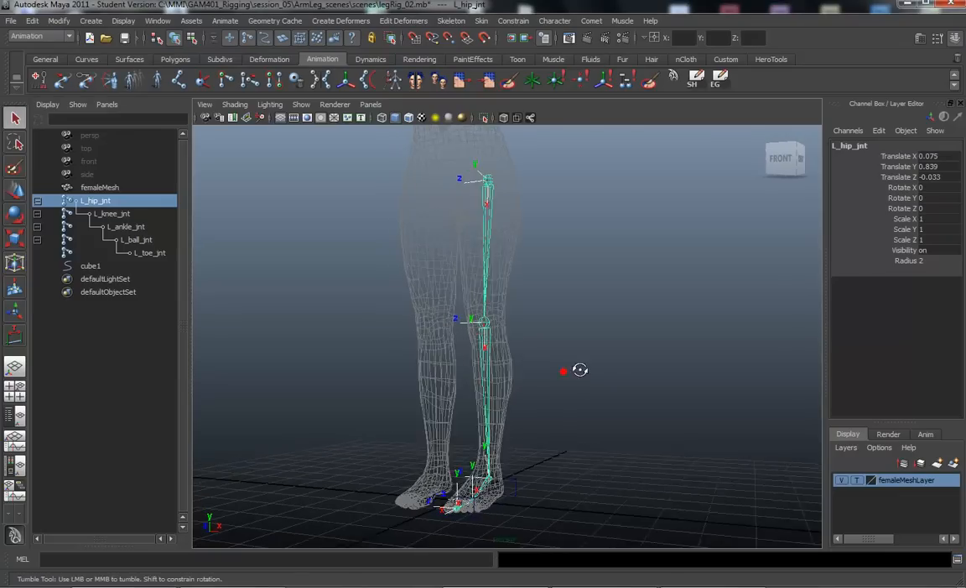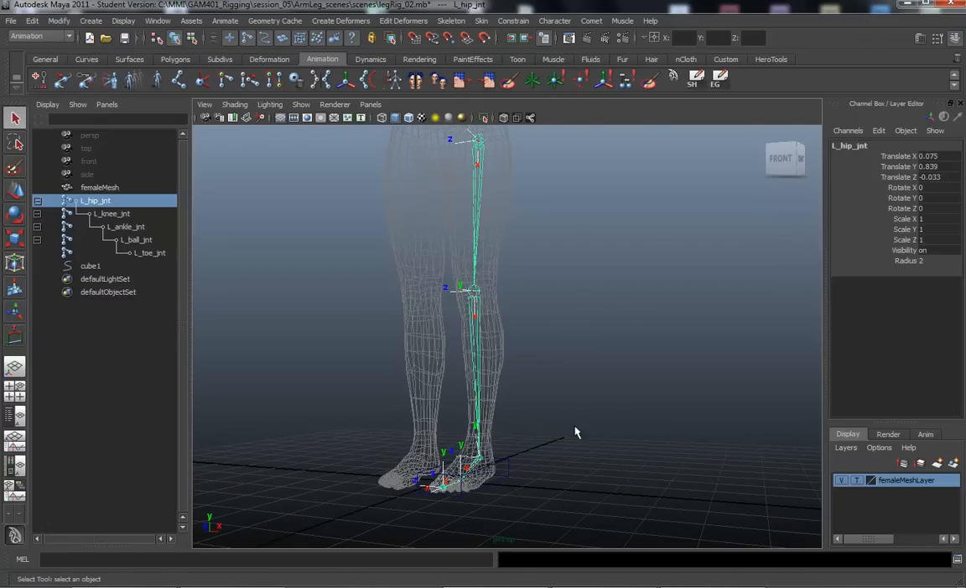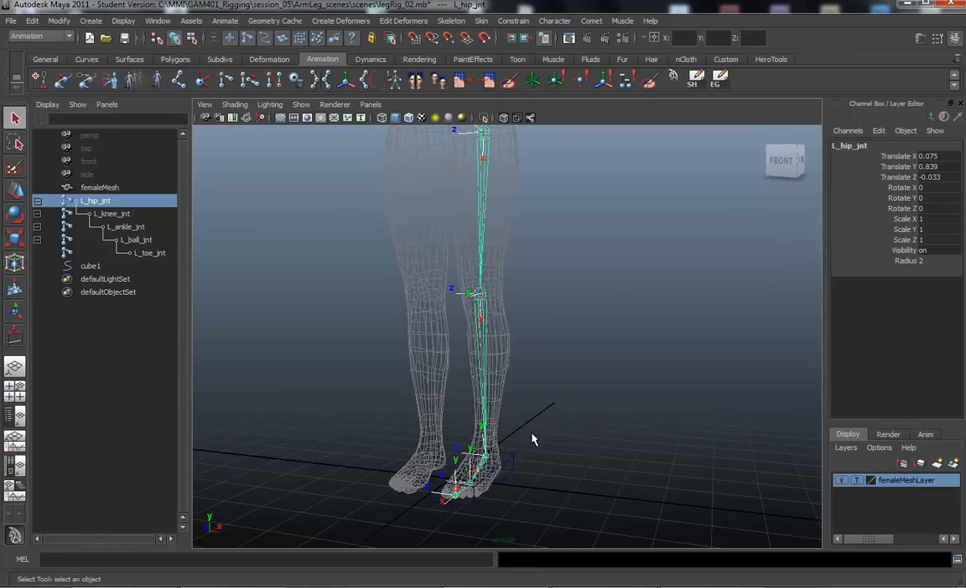Hey guys, Jimmy here. Putting together this little tutorial on rigging the leg with reverse foot controls using group nodes. Basically, what I'm going to do is create custom attributes on the feet, at least the one foot,